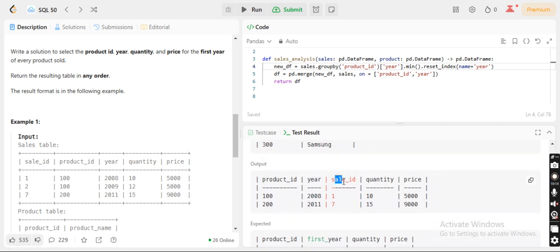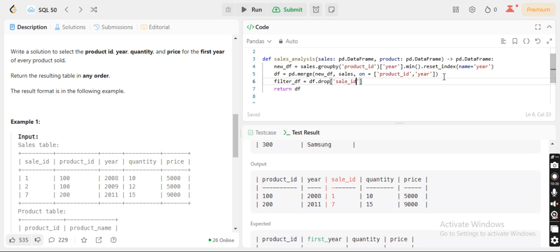I just need to remove this sales ID and convert this year as first year. So two more things I need to do. So I can say it this way, that filter df equals to df dot drop sales ID.